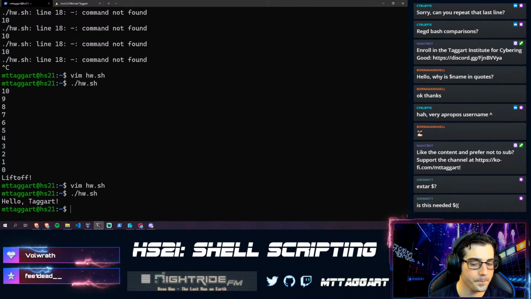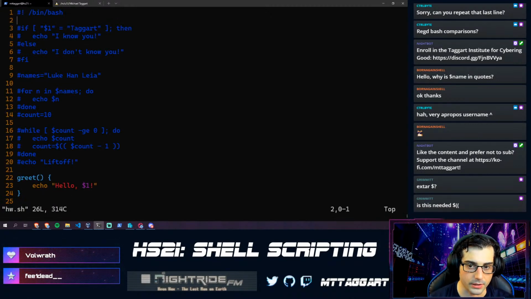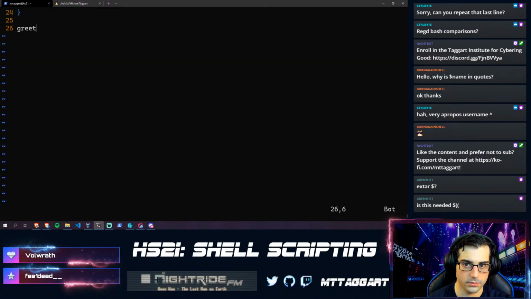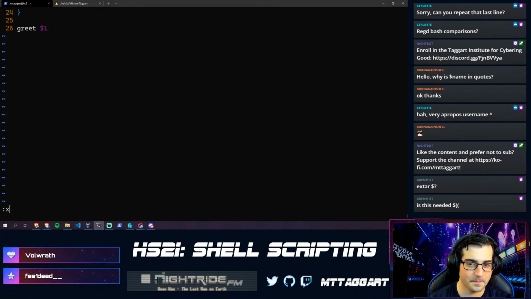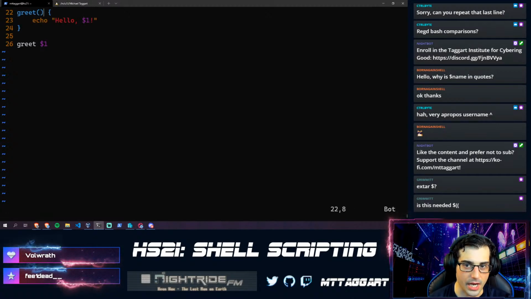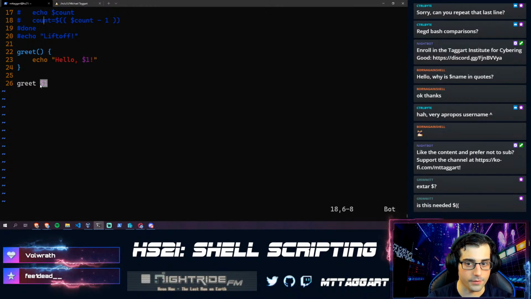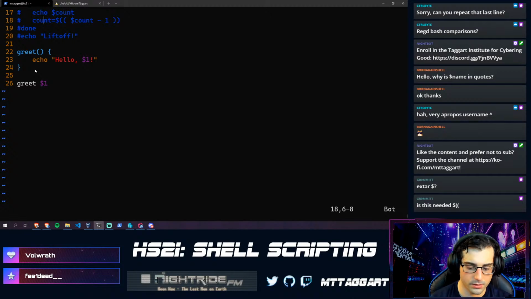And our function works. Now, interestingly, if I wanted to use a command line argument, I could do that with just like that. So on the outside of the function, the $1 refers to whatever is coming into the shell script in order for me to run it. Then inside the function, it's whatever gets fed in by when I call greet. So that $1 is a different meaning inside of this function.